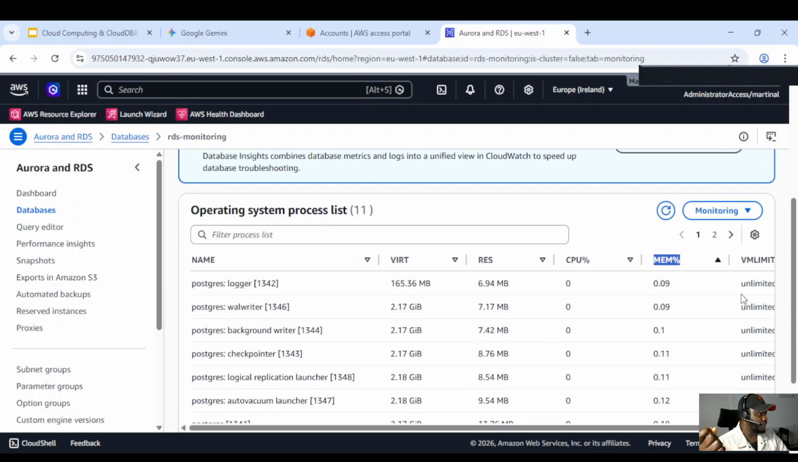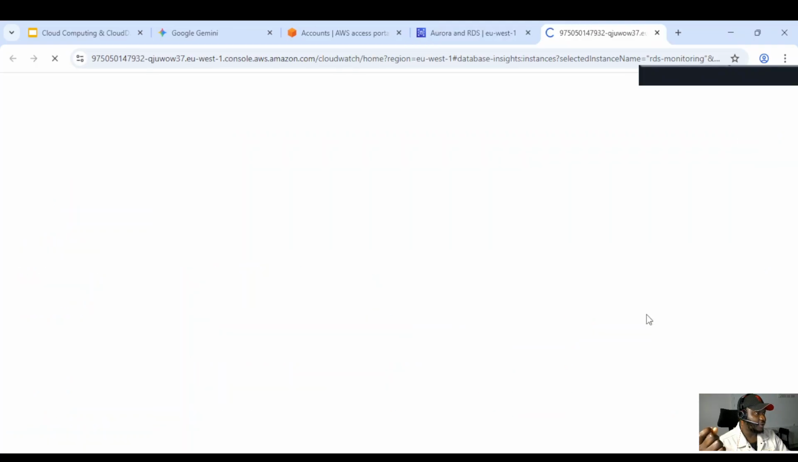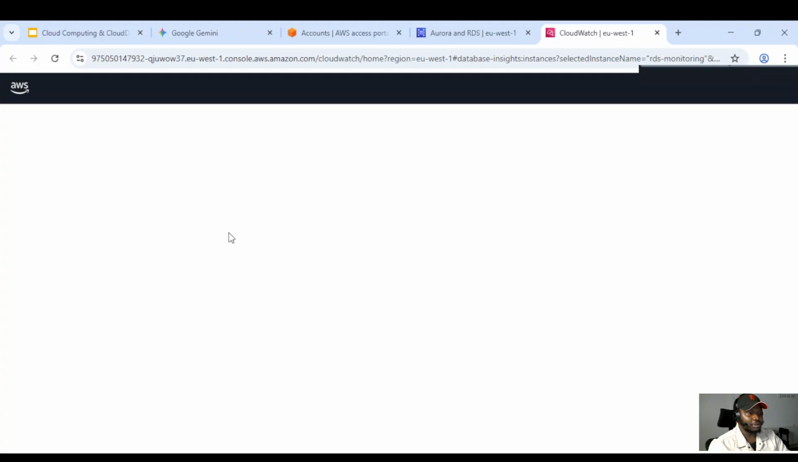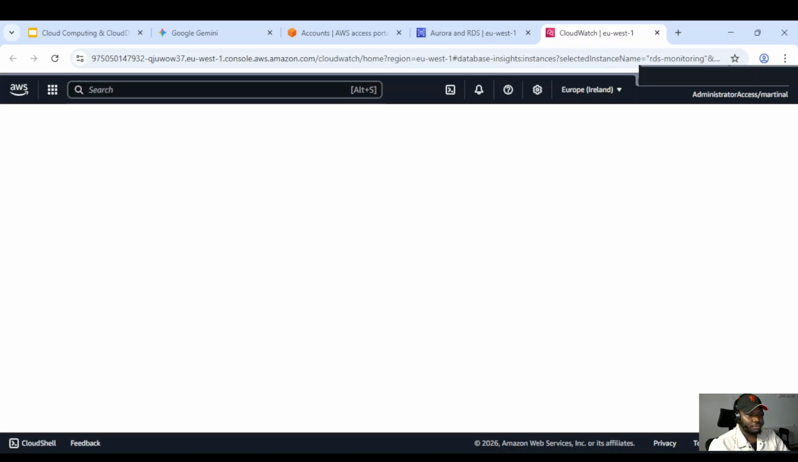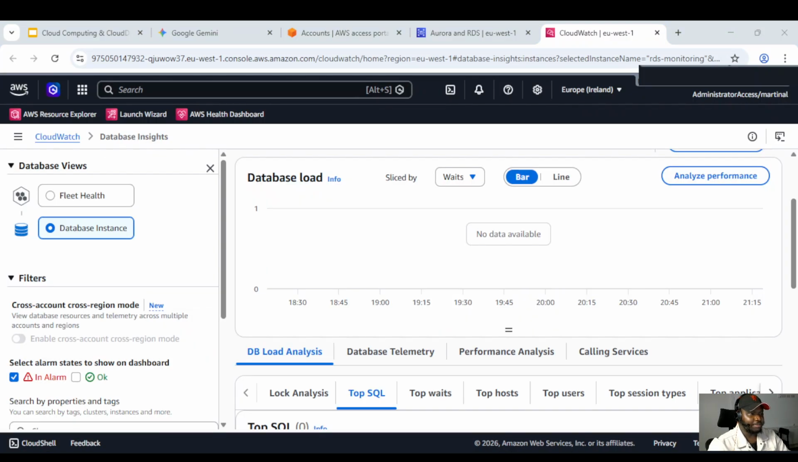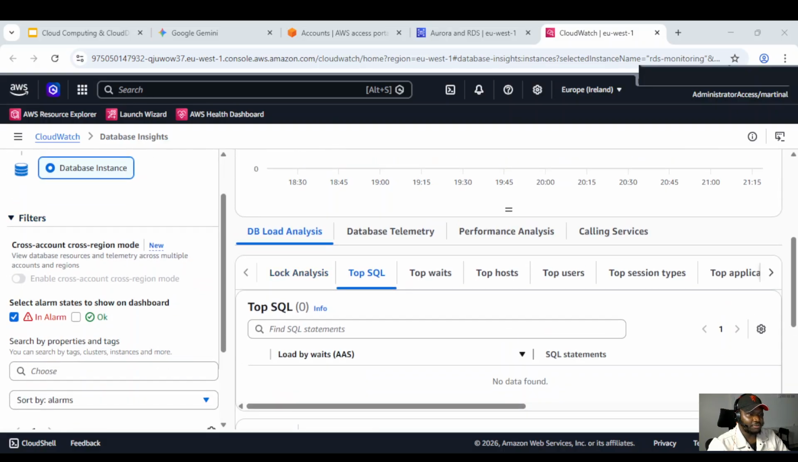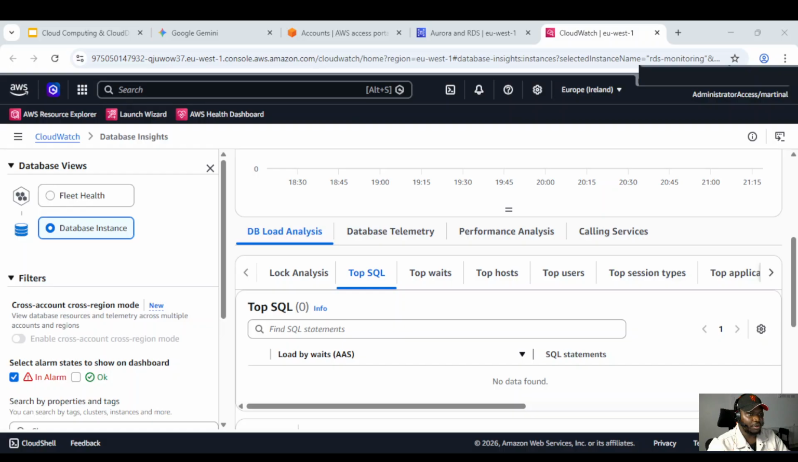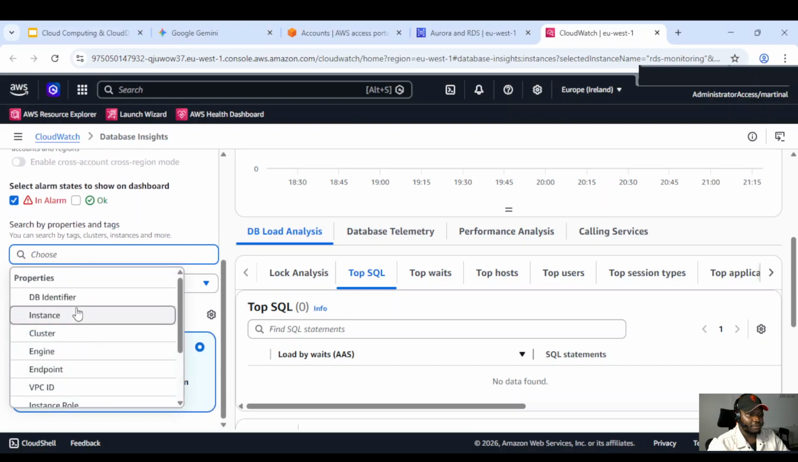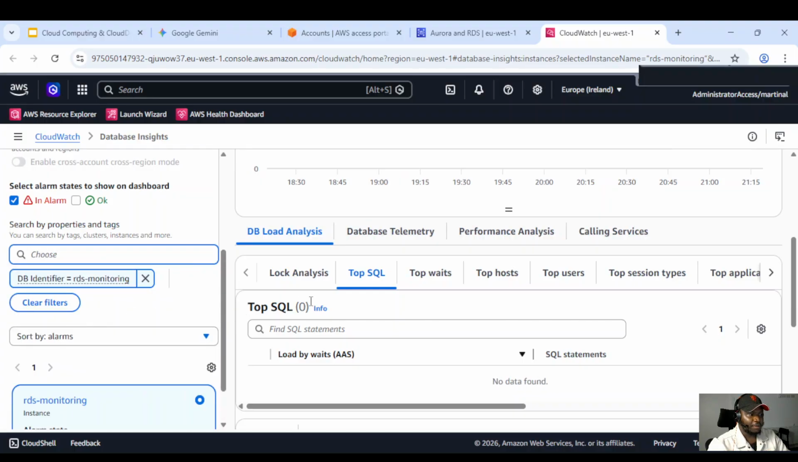If you go back to the monitoring again, the other one is Database Insights, right? Database Insights is going to open in CloudWatch Database Insights. Okay. So here's our database, CloudWatch Database Insights. You see Database Insights, first thing, you decide to select the instance. You are on database, then you select the instance, or choose the DB instance identifier, and you select that. Okay, and